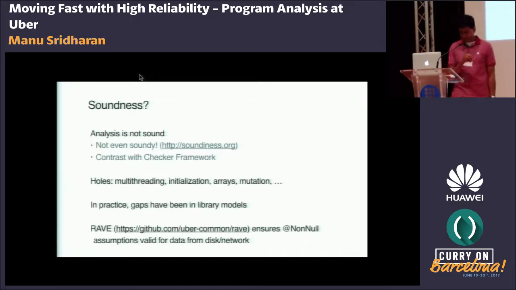I'd say this is a good point of contrast with, say, the null pointer checking that's available in the checker framework, which is trying much harder to catch every little loophole that could lead to a null pointer exception. I can't even list all the holes, but multi-threading, arrays, mutation, there are all kinds of ways our tool is unsound.